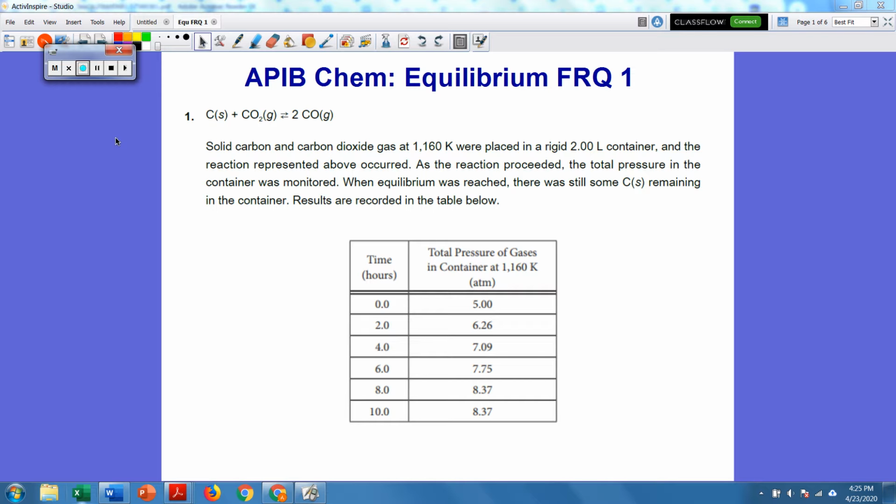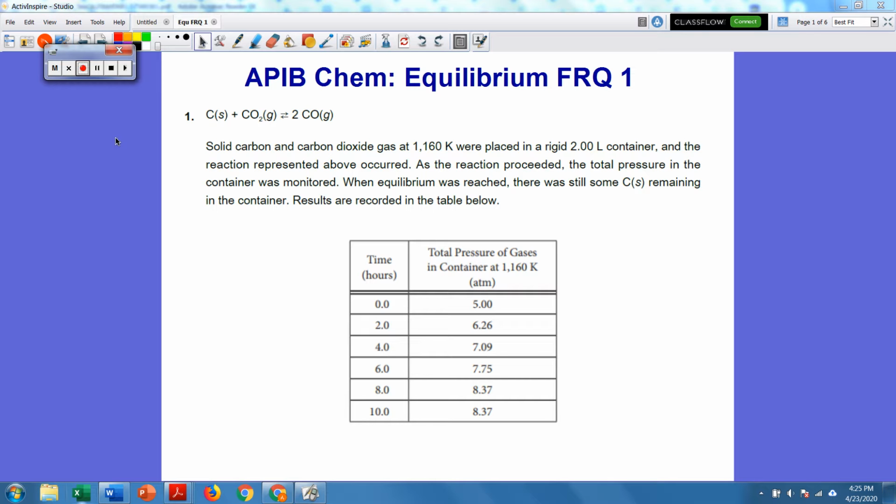Okay, and then they give us a table of results. This is pretty typical for a lot of the free response questions. They're going to give you some experimental data and ask you to work with it. So we have time in hours from 0 to 10, and we have total pressure of gases in the container. It says that's in ATM, so that's atmospheres, the unit of pressure that we are using